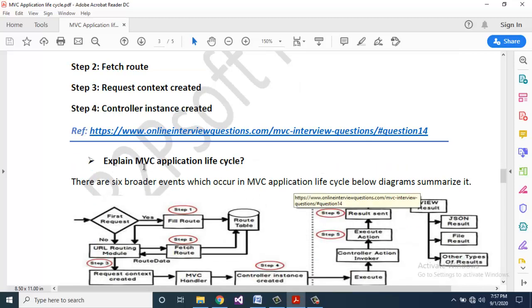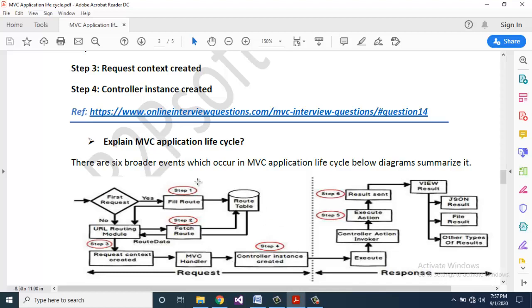Explain MVC application lifecycle. There are 6 broader events which occur in the MVC application lifecycle. The below diagram summarizes them.